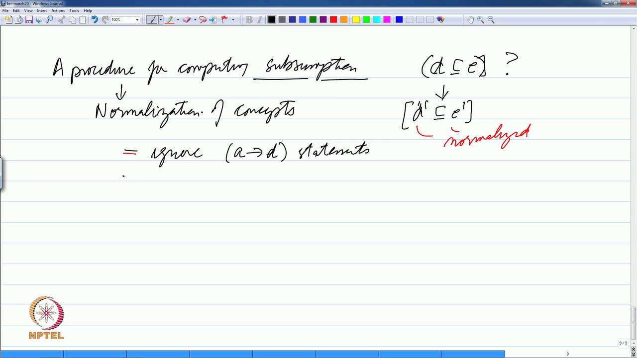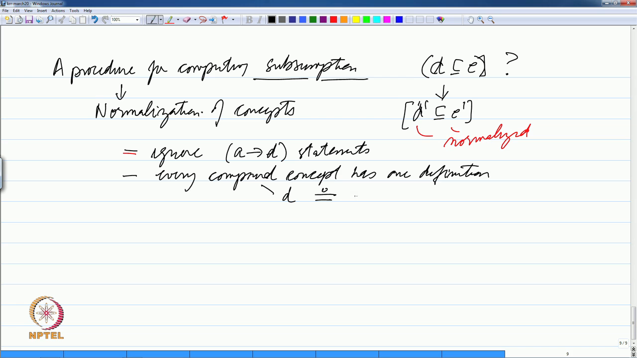Then you ensure that every compound concept has one definition. Which basically means that if this is a compound concept D, then there is one definition and it has got something in it. So, it occurs exactly once on the left hand side of a set of statements like this, and you can always do that, because